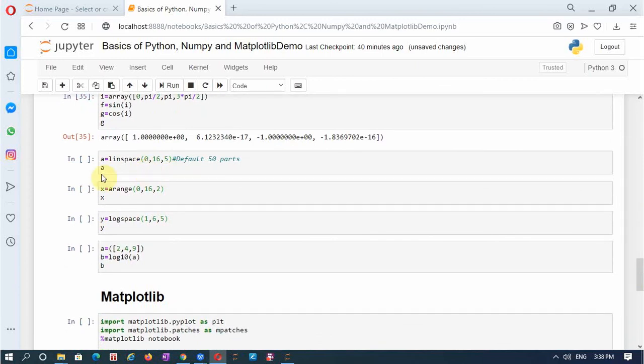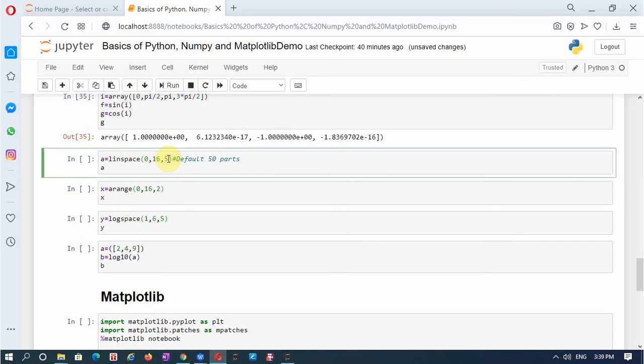and then it is not just array through which we can organize the data in an order. We can have some more types of arrays in the NumPy library. So one more is linspace, that is linear space, which will take the starting point and ending point. And one more thing is how many parts it has to be divided into. So this space from 0 to 60 has to be divided into, that is defined here. So if I don't define it, it will take it as 50 parts.